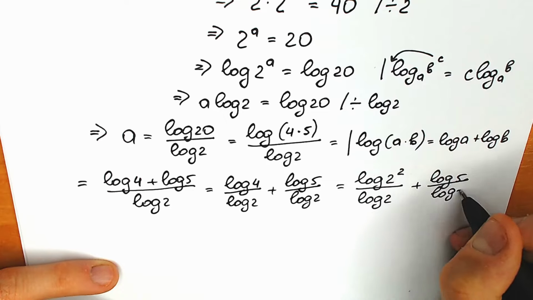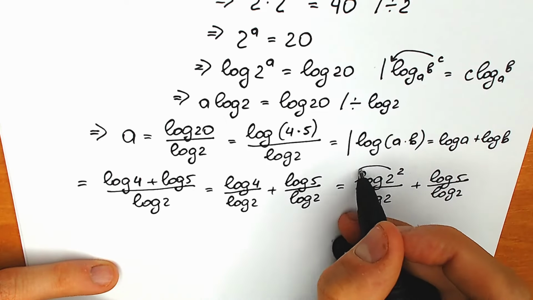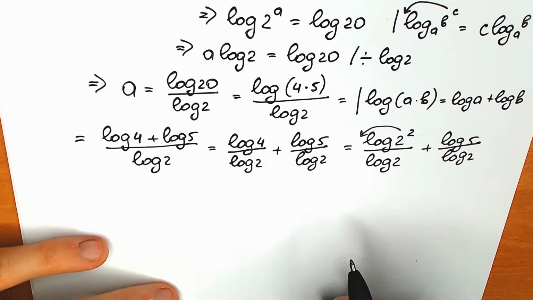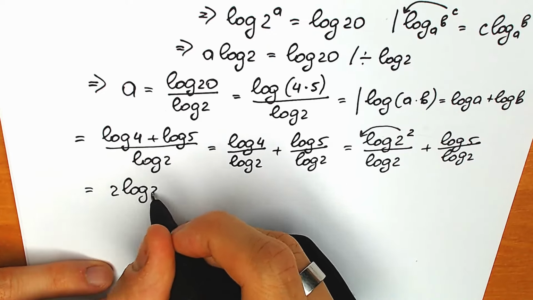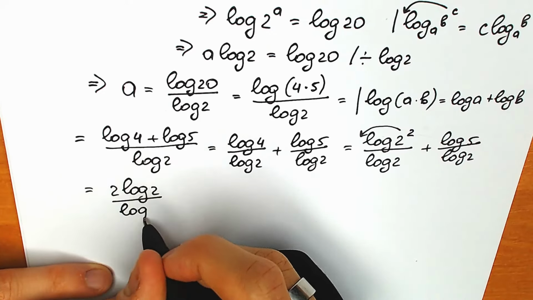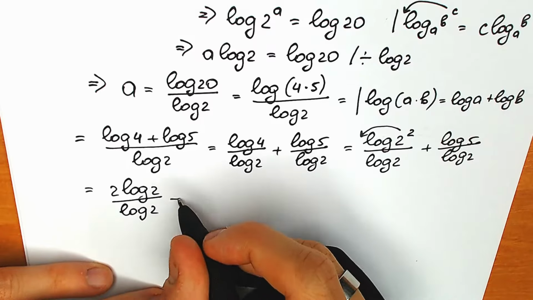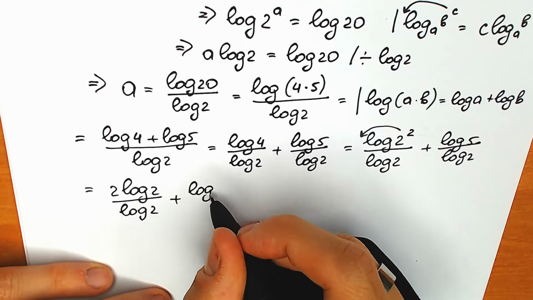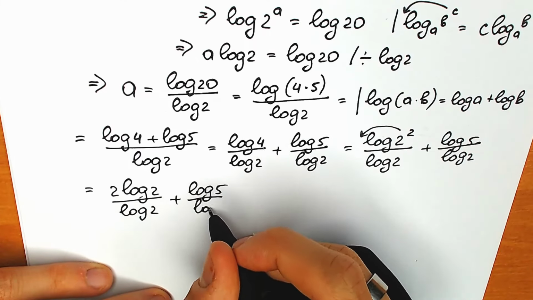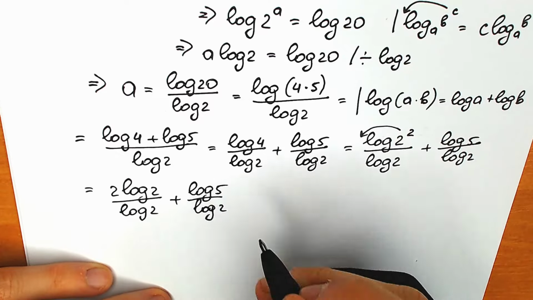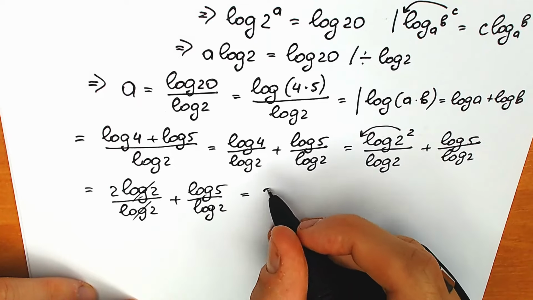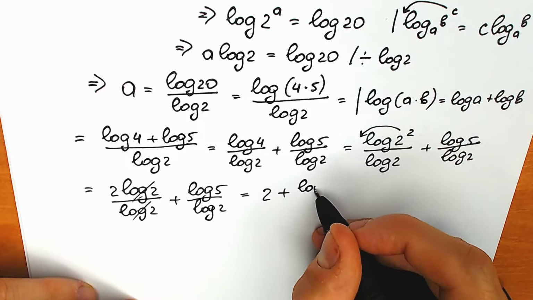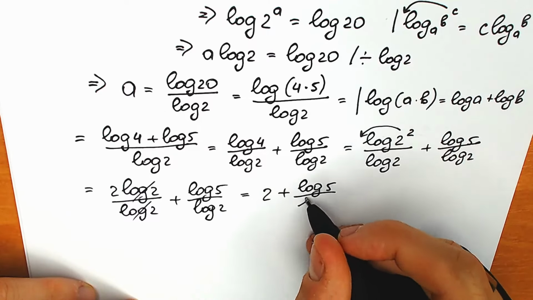log 2. And right here, these two will come down, and as a result we have 2 log 2 over log 2, yeah, plus log 5 over log 2. And right now this log 2 can be easily cancelled. This is not equal to 0, so our final answer is 2 plus log 5 over